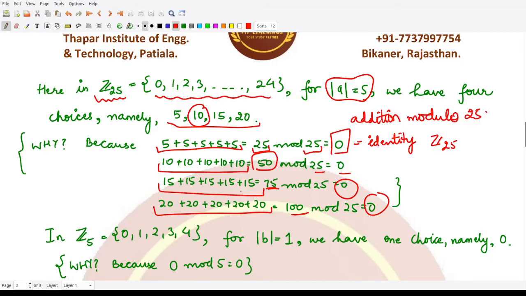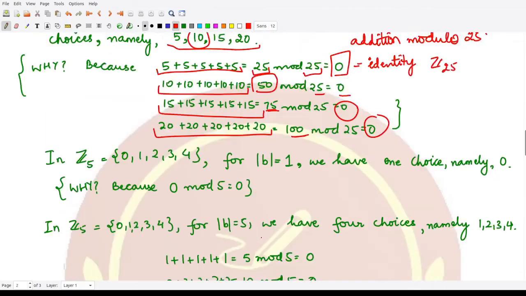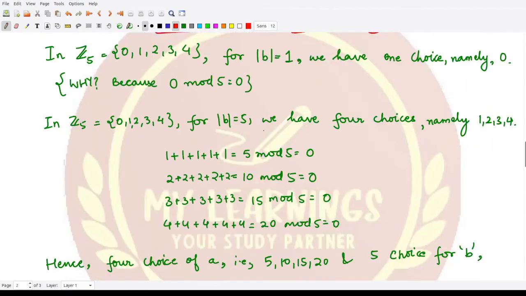Moreover, for B, the order of B to be 1 or to be 5, we are taking B from this group Z5, and Z5 contains these 5 elements within it. Now from these 5 elements, we need to see for that element which has order 1. So that means it is added once to itself. It is just added once, so that when we take mod 5 of it, we would have the identity of the group, which is 0 in this case, because we are taking addition modulo 5, right?